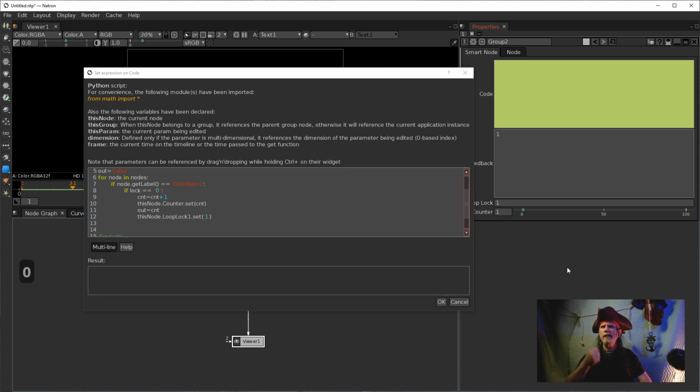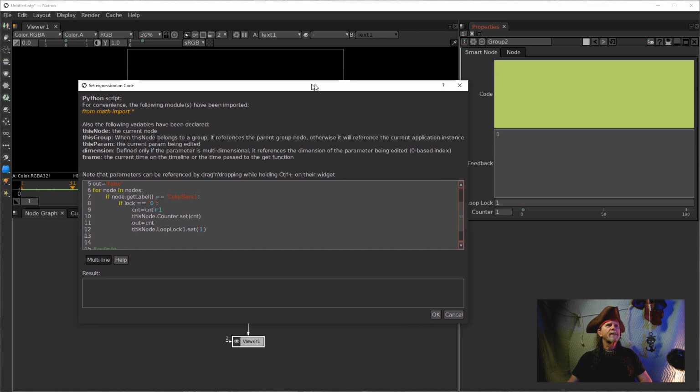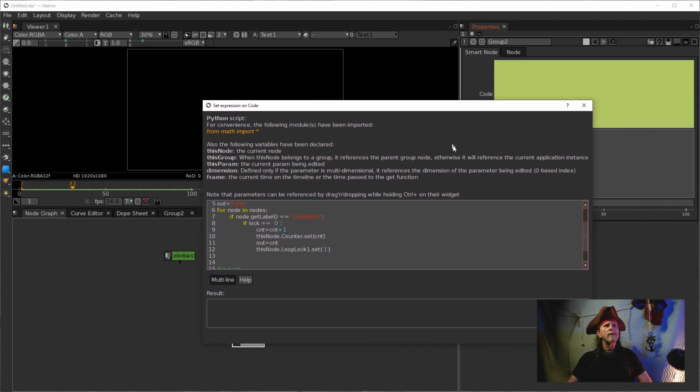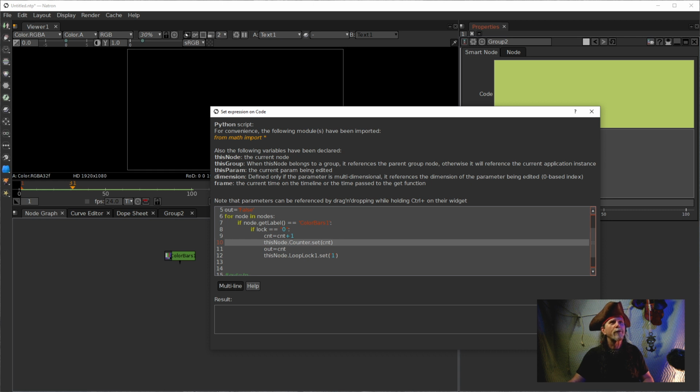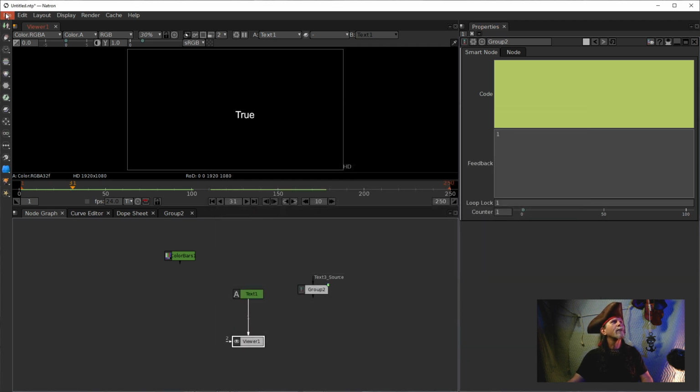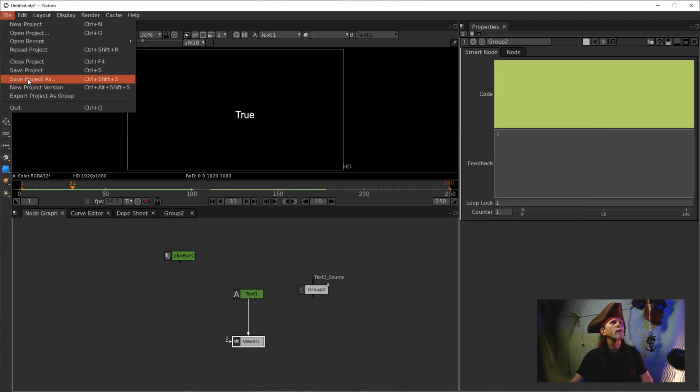Beat the dead horse. Now that we've got this set, we can create a node. All this just to create one node, one time, when we set that node block to 0. Okay? This is precautions, because I don't want to crash Natron. In fact, just because I don't entirely trust myself to make this, I'm going to hit OK, and we're going to just save this project as